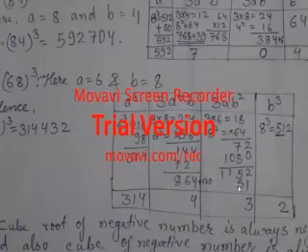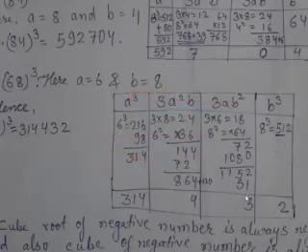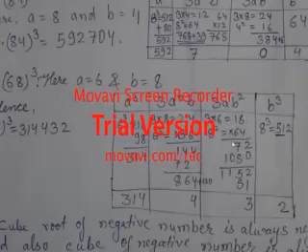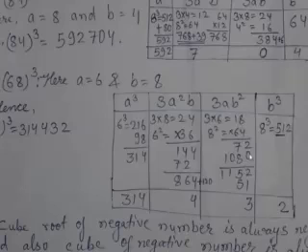51 will be carried over for the next digit. I underlined 51, that will be carried over. Now 3ab square: 3a is 3 into 6, that is 18, and b square is 8 square, that is 64. So I multiplied 18 into 64. 8 fours are 32, carry 3, 4 ones are 4 and 3, 7. In the same way 8 sixes are 48, and there will be a 0 in the tens place.